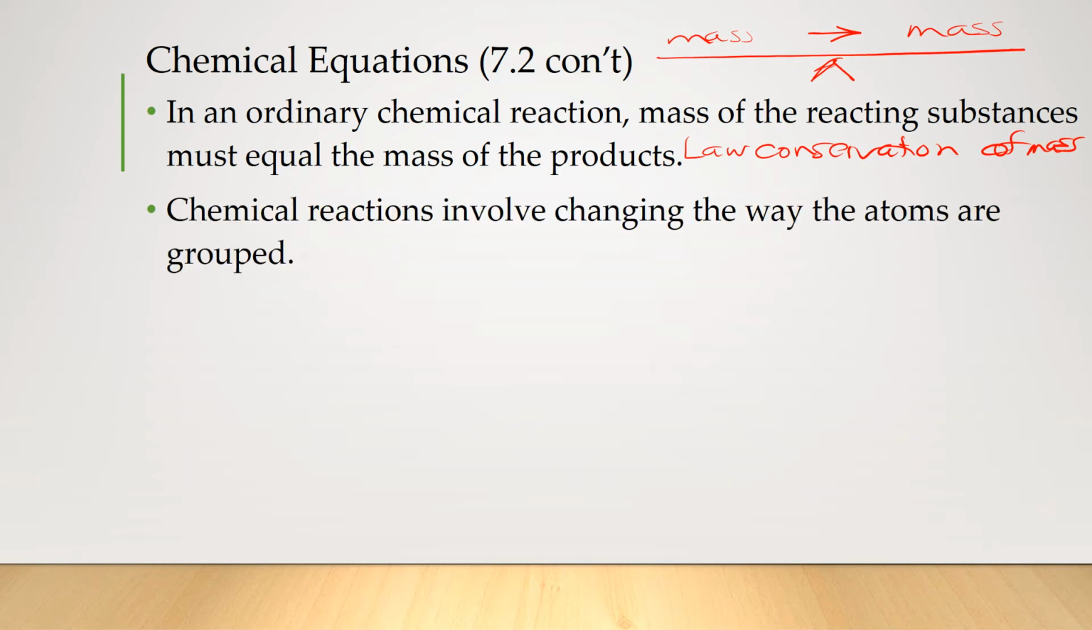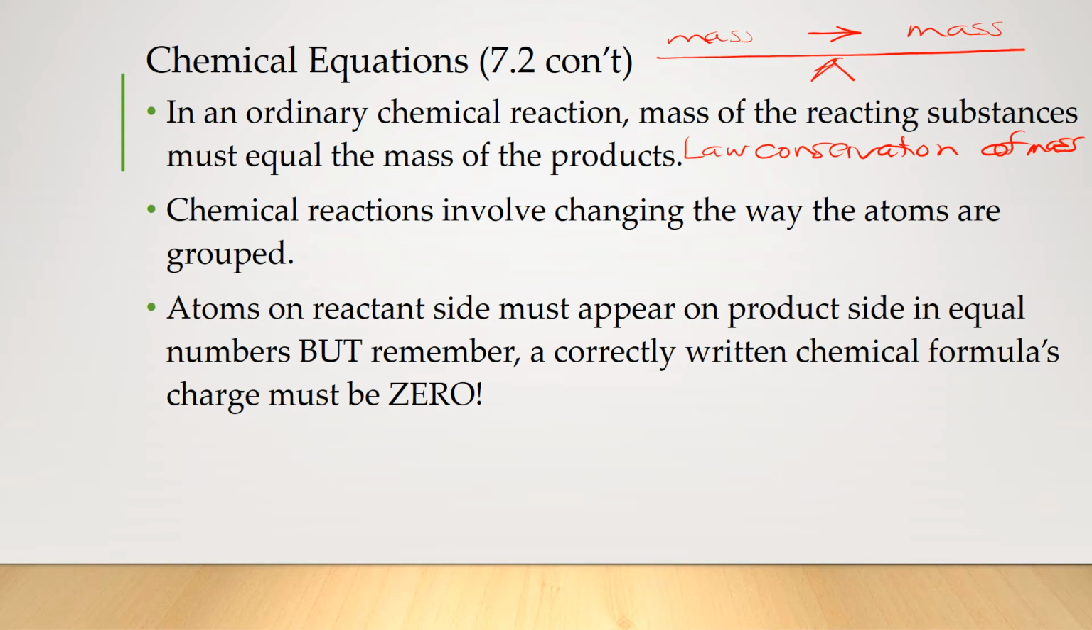Chemical reactions involve changing the way atoms are grouped. So it's not about creating new ones because we can't do that. It's not about making stuff disappear because you're not a wizard, Harry. We're changing the way they're arranged. Atoms on the reactant side have to appear on the product side in equal numbers, but you cannot change a chemical formula's